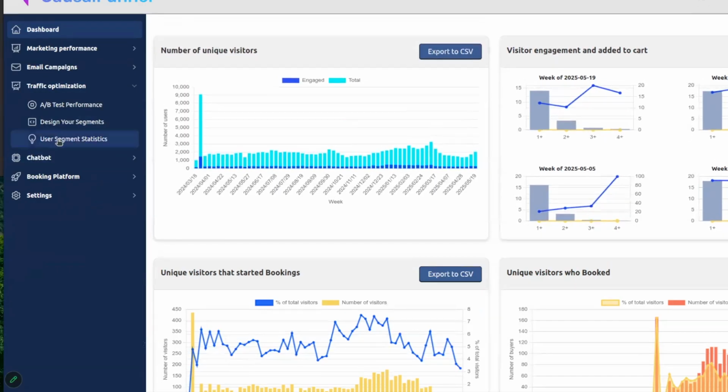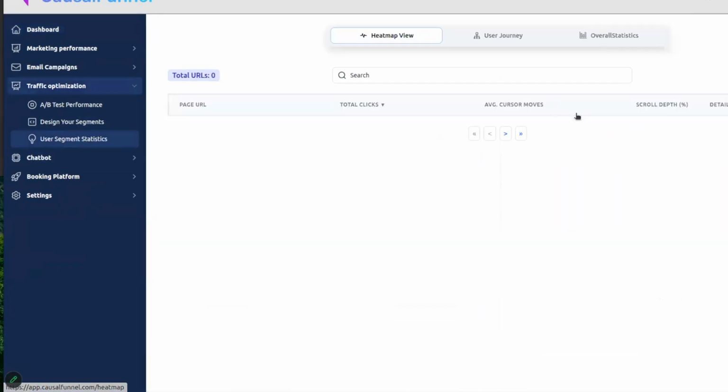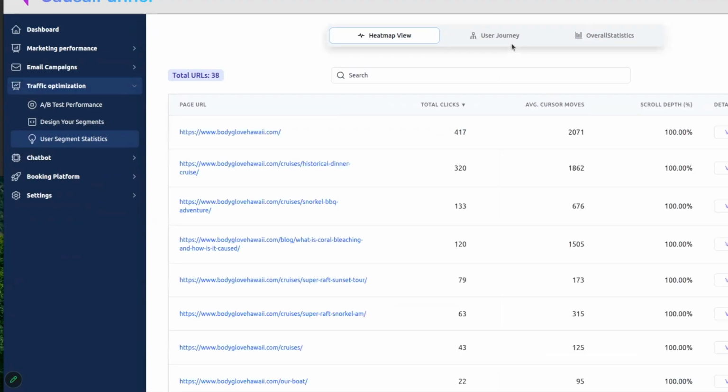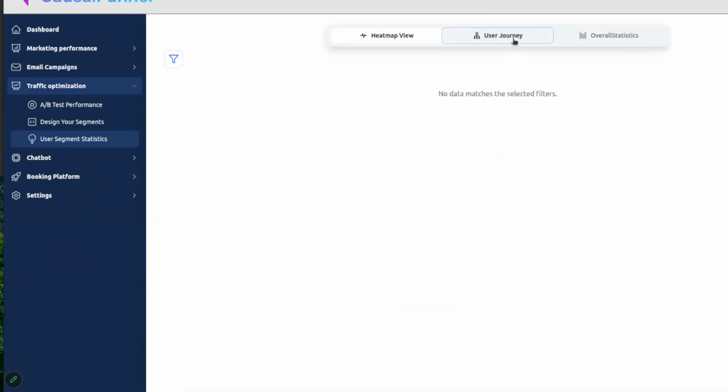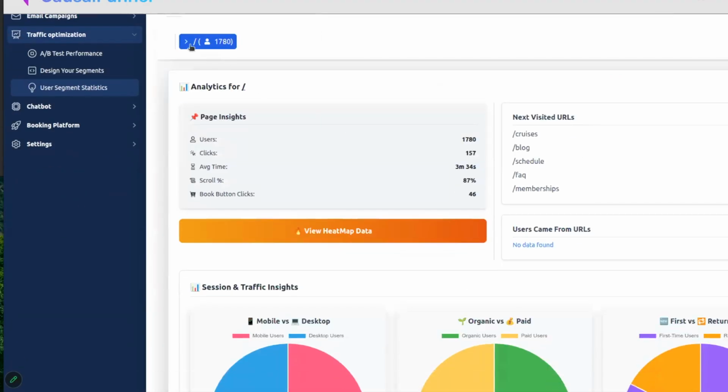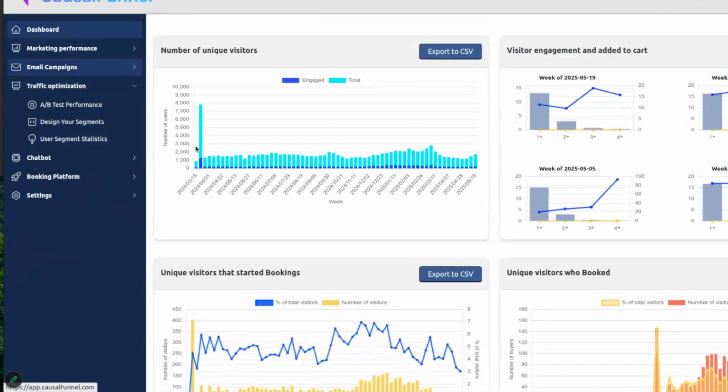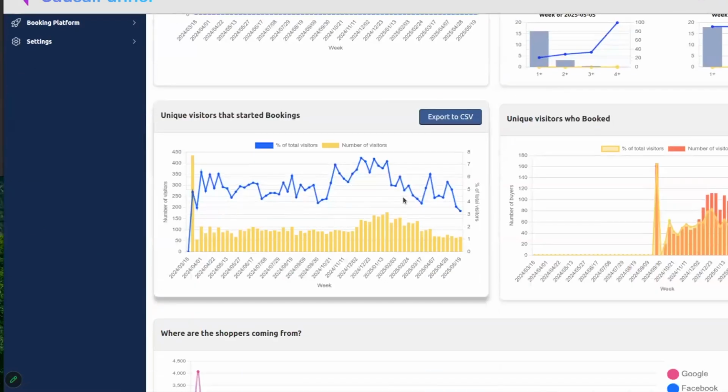Under this section over here, User Segment Statuses, we are able to see the user journey. This is where you can see what pages are losing visitors more quickly than others. If it's hovering around 5% or lower, there's definitely room for improvement, and that is where we're going to begin